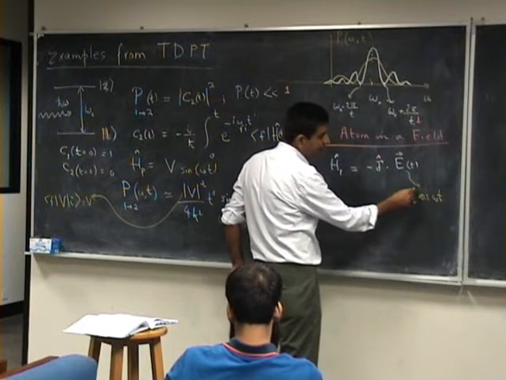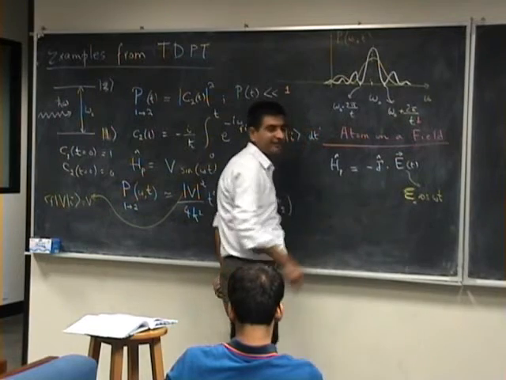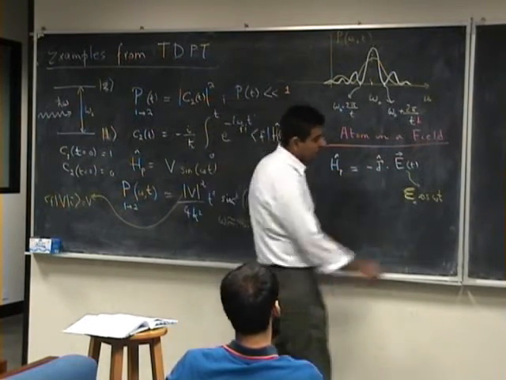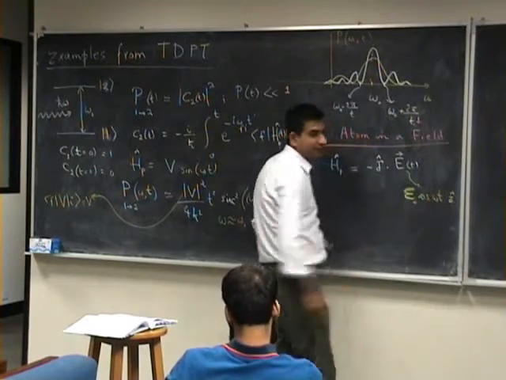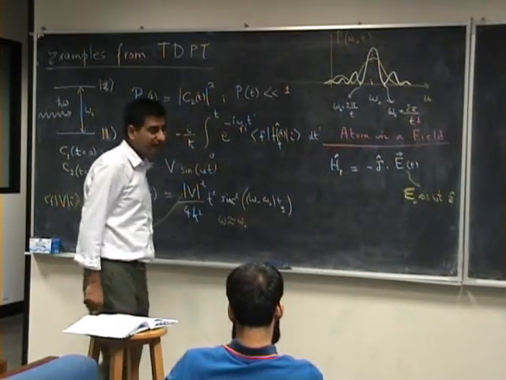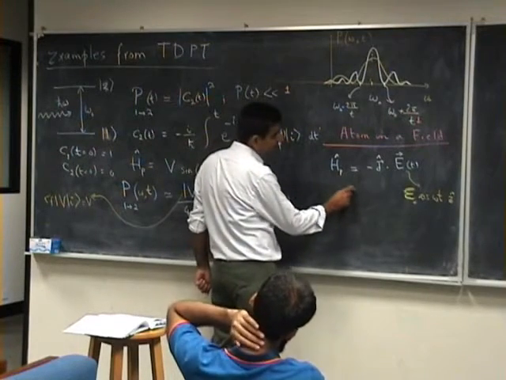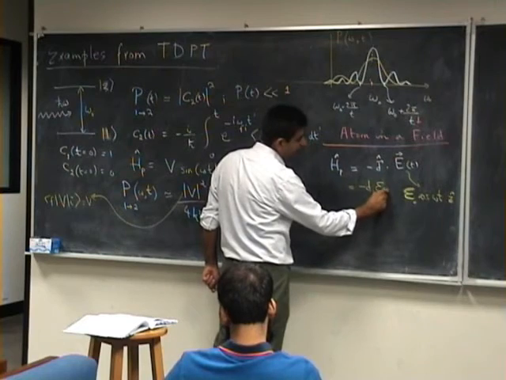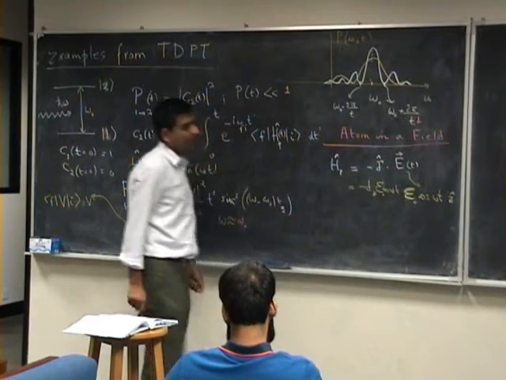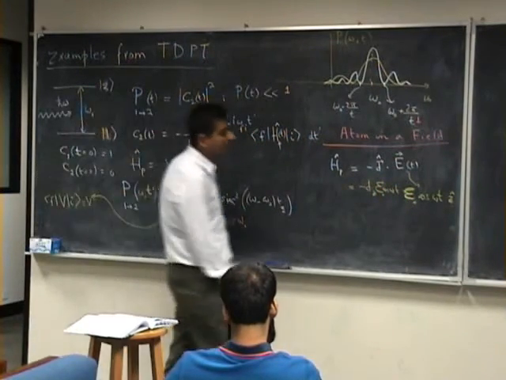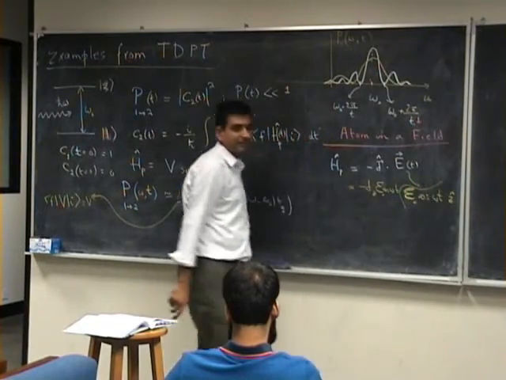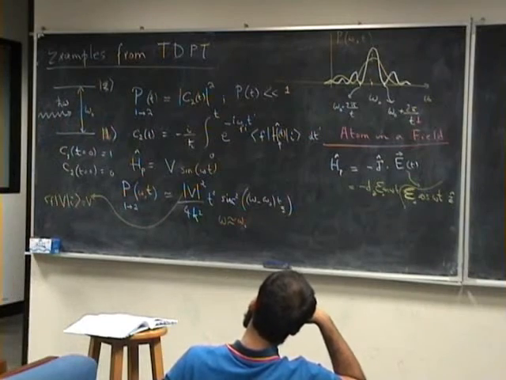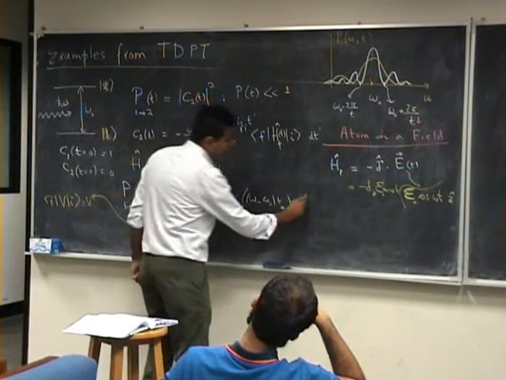ठीक है, मैं E naught को, थोड़ा सा इलेक्ट्रिक फील्ड को, जरा इस तरह की सिरिलिक E से सिलेक्ट करूँ, और कैपिटल E से मैं एनर्जी को सेलेक्ट करूँगा, ठीक है। और जाहिर है किसी न किसी डायरेक्शन में लाइट पोलराइज्ड होगी। Suppose it's polarized along the z direction. So in such a case, the perturbative Hamiltonian becomes minus dz E naught cosine omega t. Correct? Now this is also a sinusoidal perturbation. ठीक है, ये भी एक sinusoidal perturbation है।